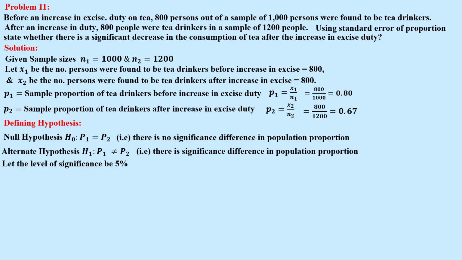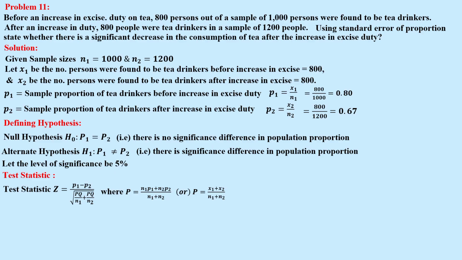Whether there is significant decrease in the consumption, so you can use left tail also. After increase in the excise duty, there is a decrease, so you can use right tail. P1 is greater than P2, like that you can use that also. So that is right tail test. Test statistics, here we are using two tail, right? So test statistics is Z equal to P1 minus P2 by root of PQ by N1 plus PQ by N2,